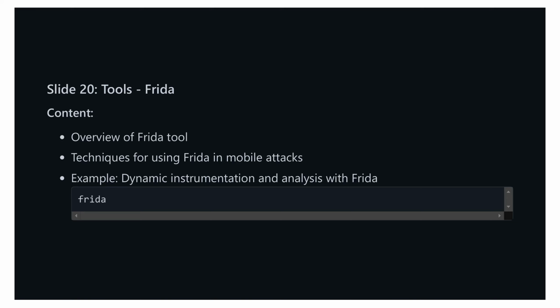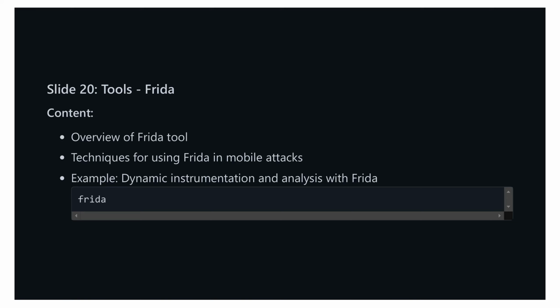To effectively use Frida in mobile attacks, you're generally looking at two major techniques. The first is function hooking, where you intercept calls to specific functions within the app, allowing you to alter their behavior or collect useful information. The second is method tracing, which aids in understanding the sequence of function calls, shedding light on the internal workings